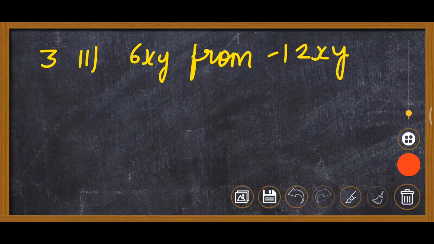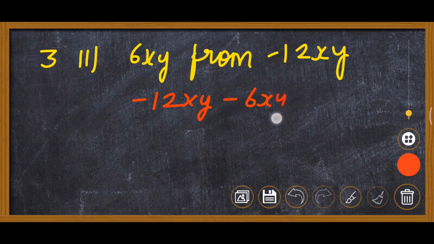Now this is the second part, subtract 6xy from minus 12xy. यहाँ पे हमें 6xy को माइनस 12xy से सब्ट्रैक्ट करना है, तो पहले माइनस 12xy लिखेंगे, देन माइनस साइन, देन 6xy. Here you can see that minus minus plus, so 12 plus 6 it is 18xy, and here both signs are negative and minus is greater here, that's why the answer is of